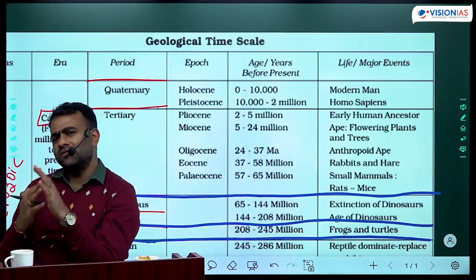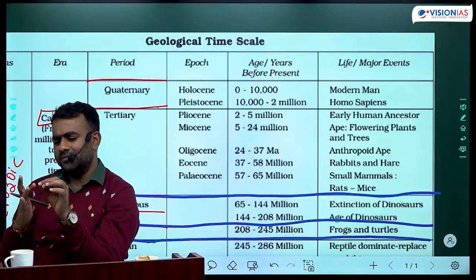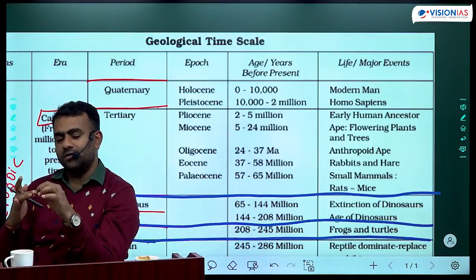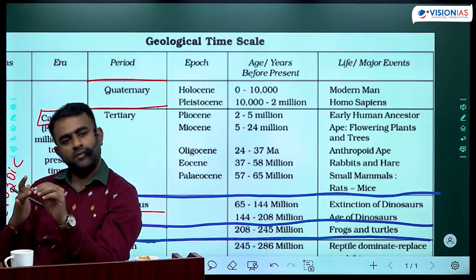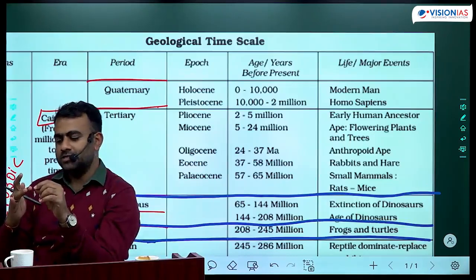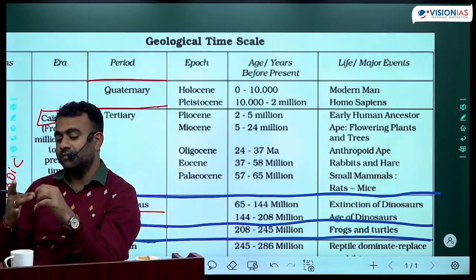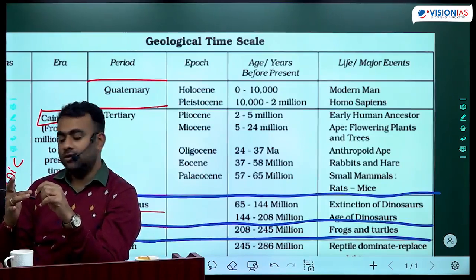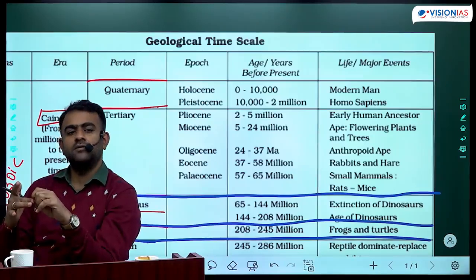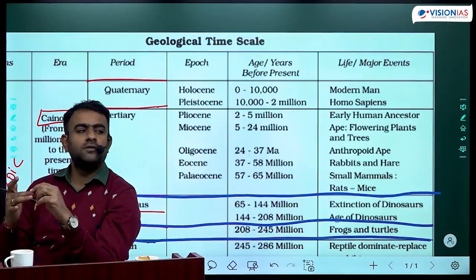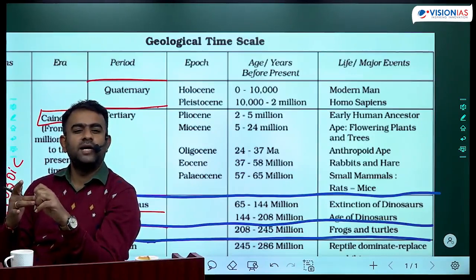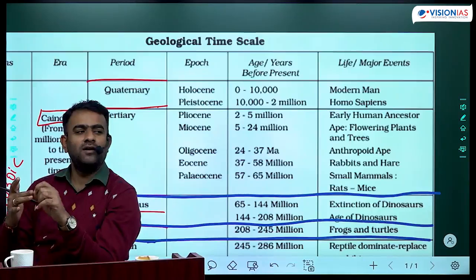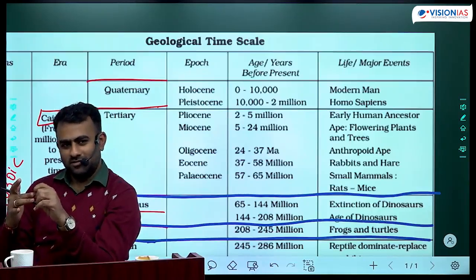So this is the time of evolution of mammals. Mammals will come everywhere. Mammals will not only survive on the land, they will also go into the water. They go inside the water also. Examples? Whales, dolphins, sea cow, dugong, or